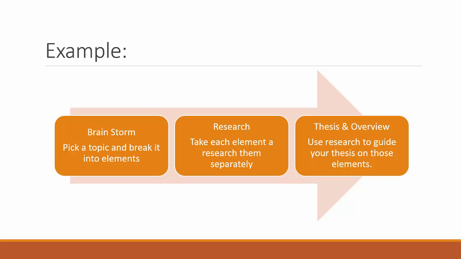Next, before you do anything else, you take those elements and you research them separately. Don't research them all together. You take each element that you've broken down and you do a search for it. You search on the library website, which we'll talk about. You search on Wikipedia, which we'll talk about. You can't cite Wikipedia, but it's still a very useful resource. And you do searches on credible sites, such as organizational sites that do what you do.